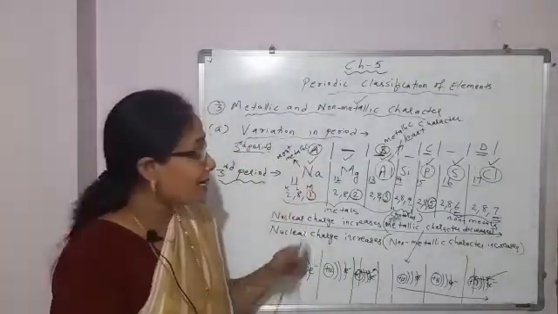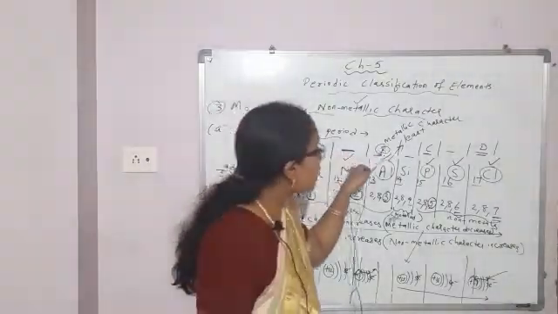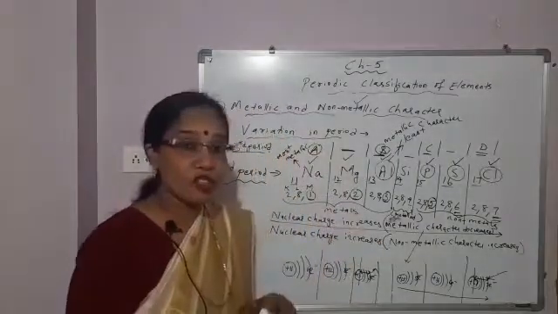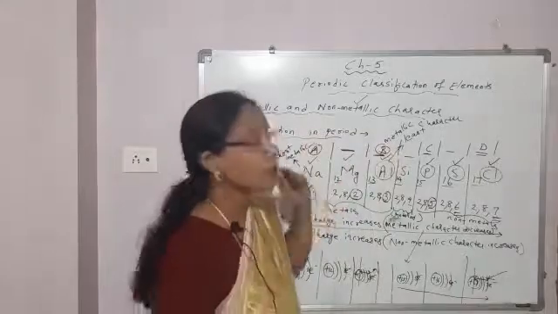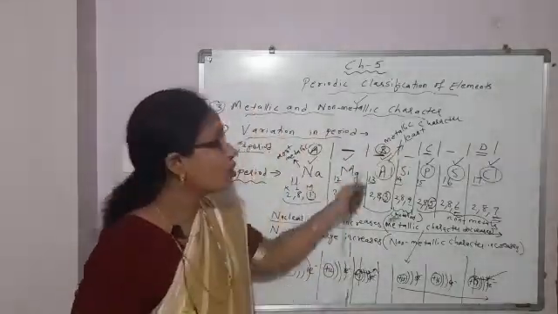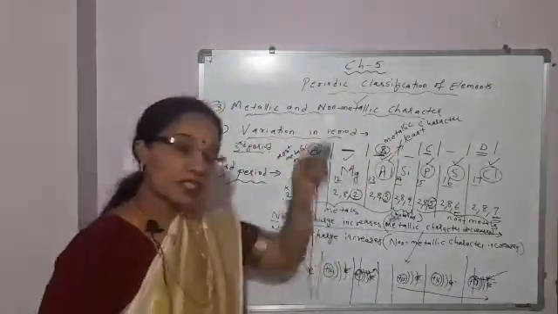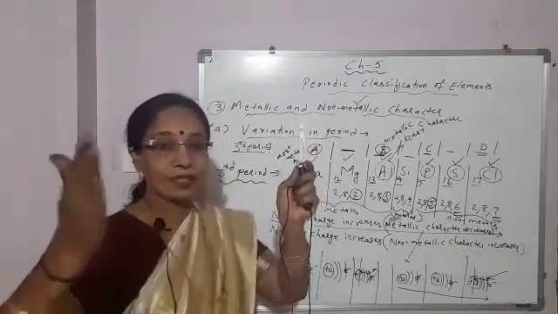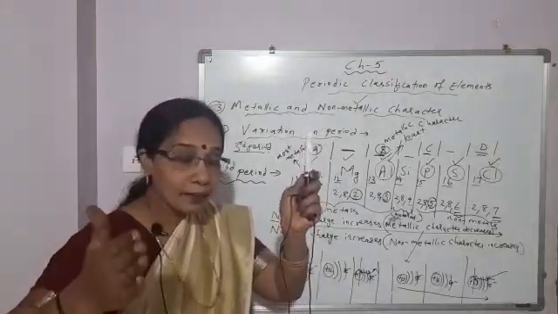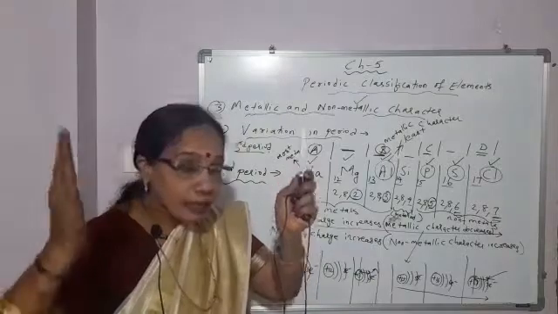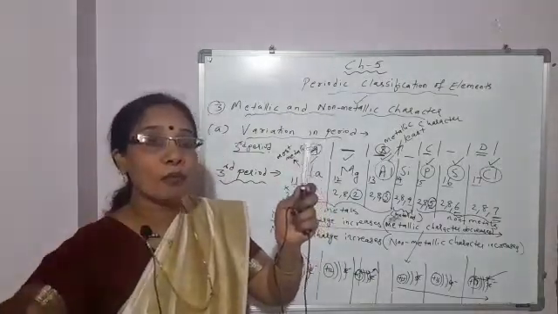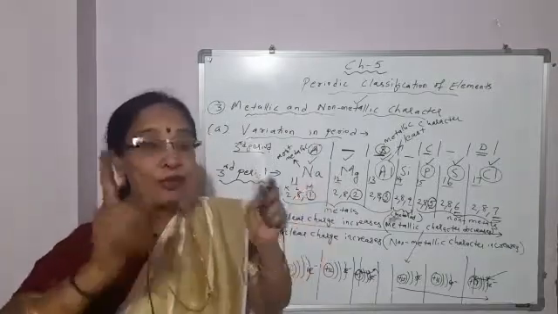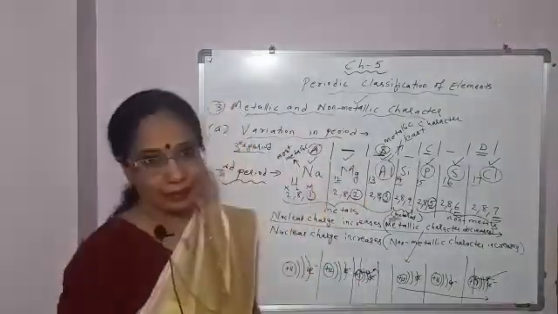Next question can be asked, which is the least metallic? So which is least metallic? Which is on the extreme right. B. Why? Because nuclear charge is more. So force of attraction between nucleus and electron in the outermost shell is more. So tendency of the element to lose electron and form positive ion is less. So it is the least metallic.